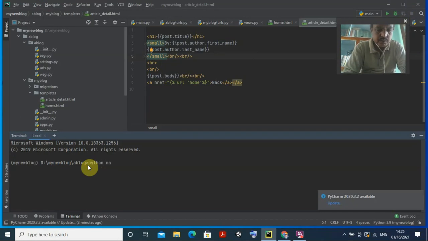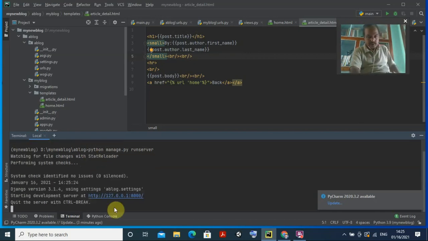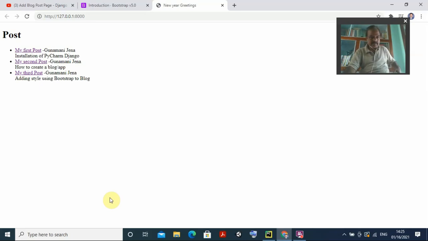I'm just going to run this program, manage.py. Then I want to run the server, so runserver. Okay, with this command we run our server, and we can see the output here, right? So now we have seen it is coming like this.